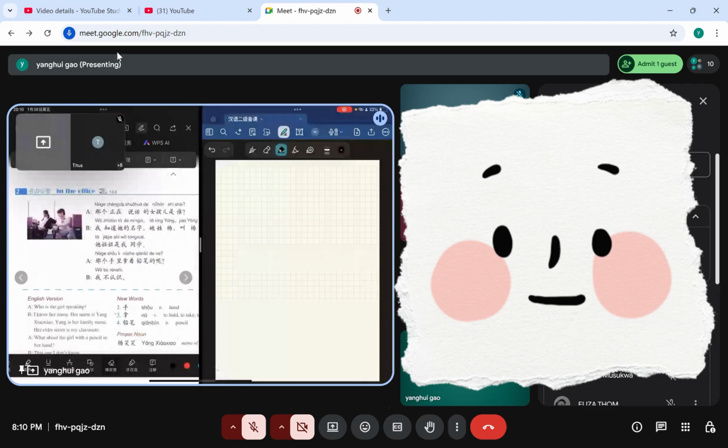课文2。 课文2，在办公室。Text 2, in the office. 那个正在说话的女孩是谁？ 我知道她的名字，她姓杨，叫杨笑笑。她姐姐是我同学。 那个手里拿着铅笔的呢？ 我不认识。 New words. 手拿铅笔。 Proper noun. 杨笑笑。